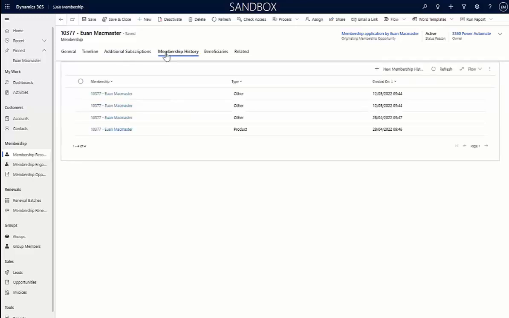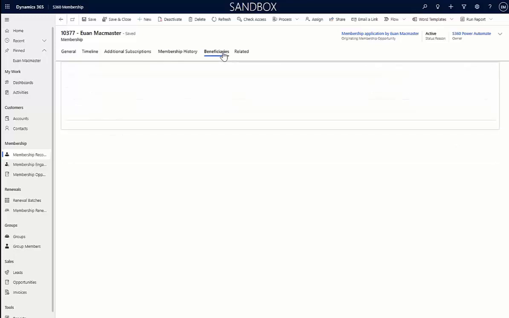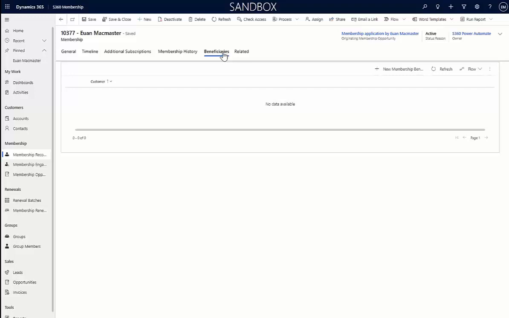Certain events that happen on the membership, so if someone changes their payment method or their product or their renewal date, it will create a membership history record, so it gives you full audit trail of what's happened with the membership throughout its lifetime. And you can also log any additional beneficiaries for the membership. For example, if your organisation offers such things as a family membership, you can set up a membership for the